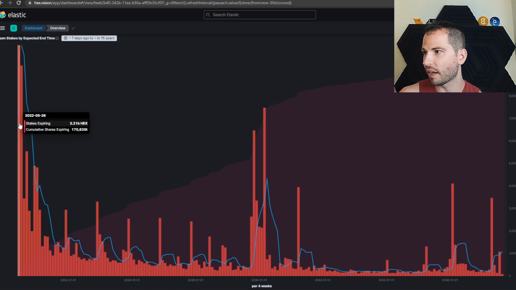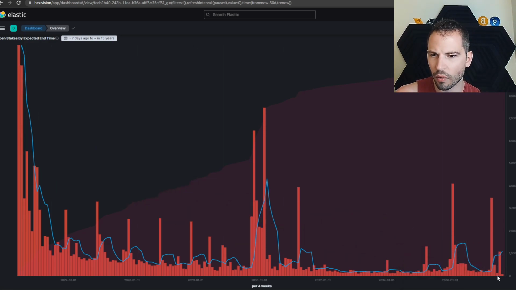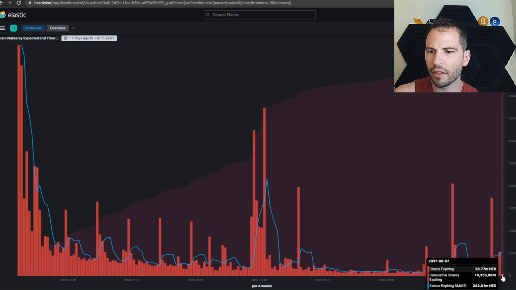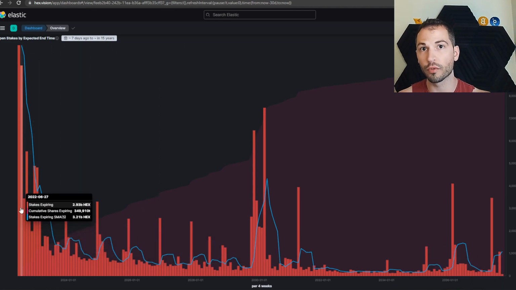This bar over here is like May 28th, 2022. As you see, it goes all the way out to 2037. So this is 2022 far left, 2037 far right. Because the largest you can stake is 5555. So you have to understand with staking, if you're not aware, staking with Hex, you pick the amount of days, which is from I think 1 day to 5,555 days, which is a long time.